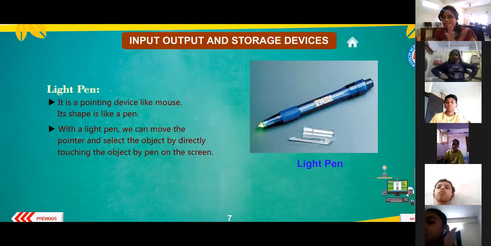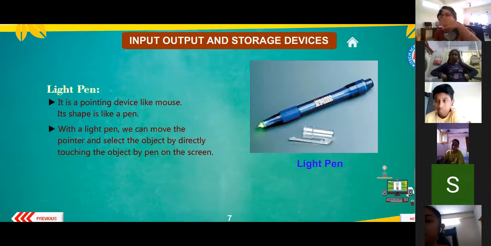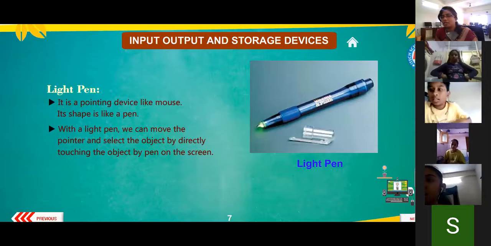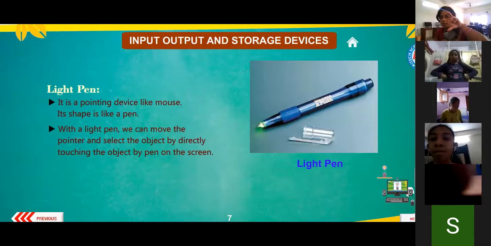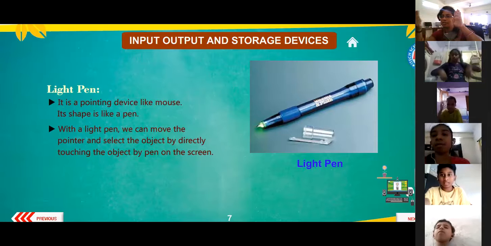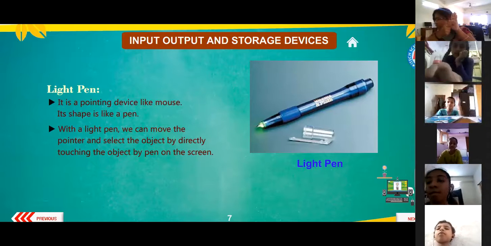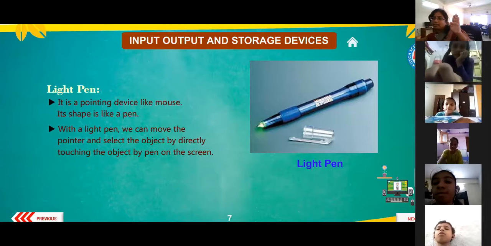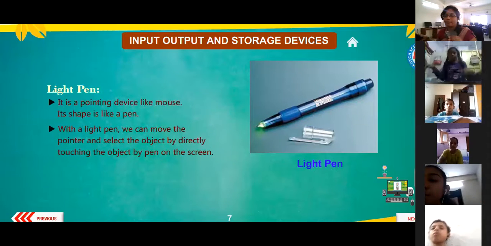I'm not sure, but still I'm asking, as an example: how many of you have used BlackBerry mobile phones? Like, have you seen how its generation has gone? Those BlackBerry mobile phones used to come with a pen. Now, one more pen has started, right? This pen, which we use as a pointer on the screen. If I touch it on the screen, it will act like a pointer.